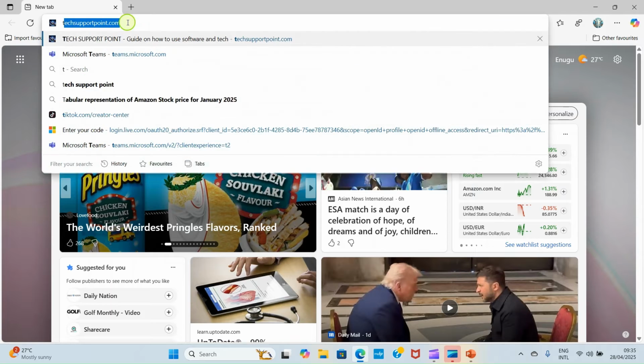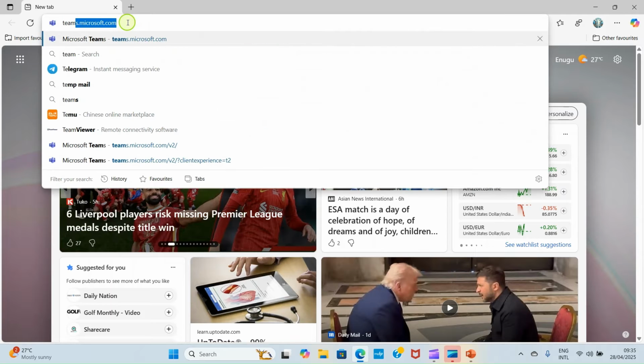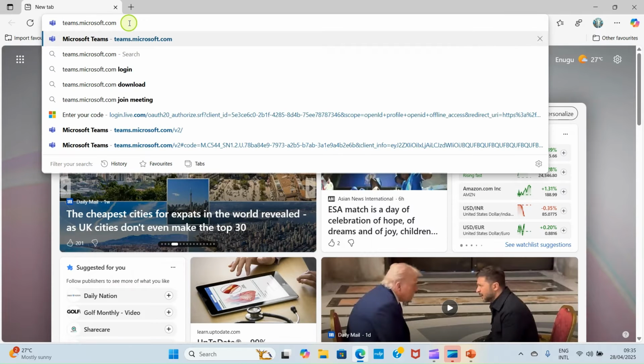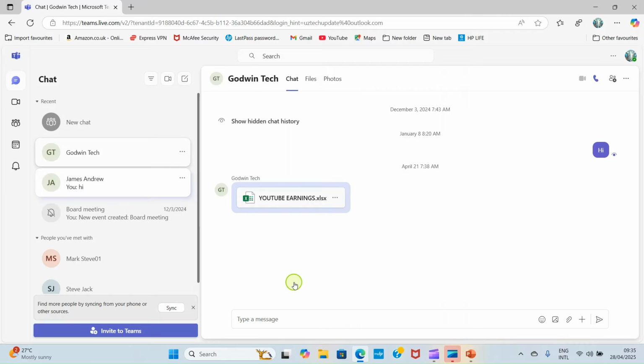Then visit teams.microsoft.com and sign in. All right. Here I'm signing in automatically because I saved my login details on my browser. The next step you need to take is to start the video call or to start a meeting, a conference call. So here, let me experiment with starting a meeting. The processes and the steps are still the same.